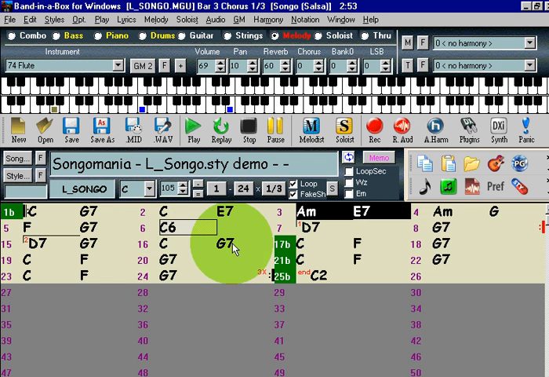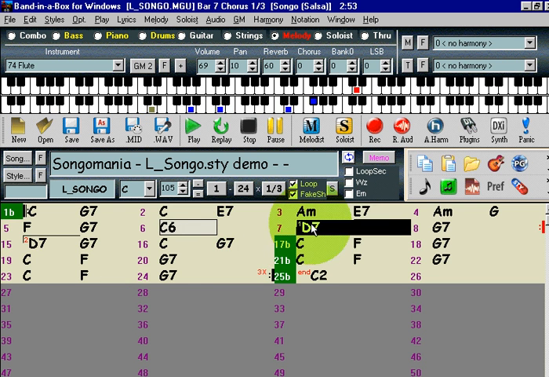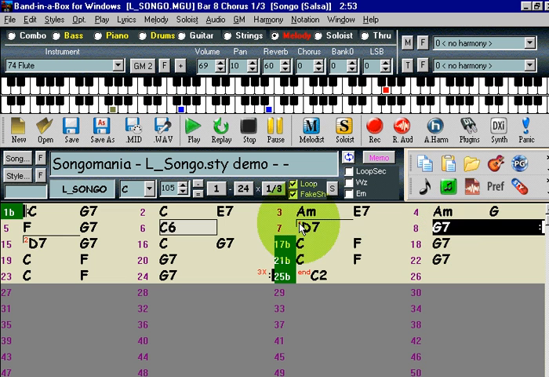You can see there's a lot of new information on the screen in this version, and we're going to take you on a quick tour of it. First of all, this is a song with a first and second ending. Here's the first ending happening here, and then it's going to go back to the beginning and play through the second ending. And you can also see there's a lot of new information in these toolbars, which are fully